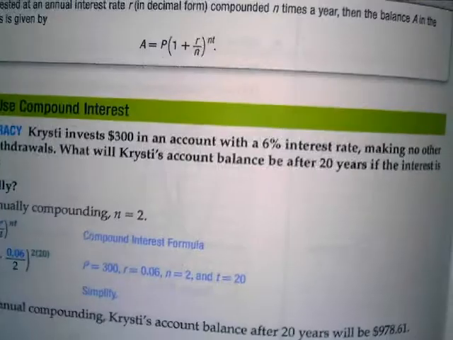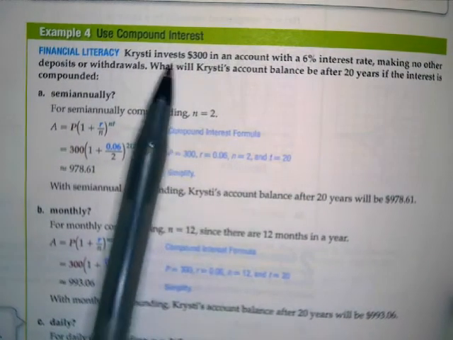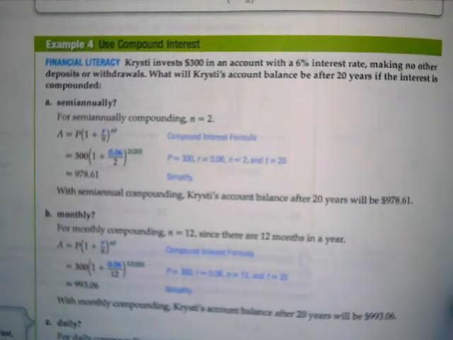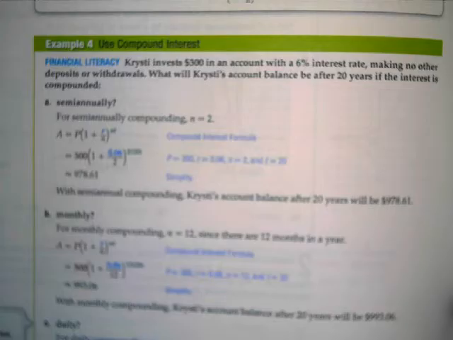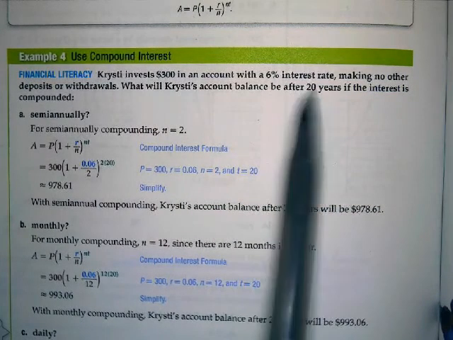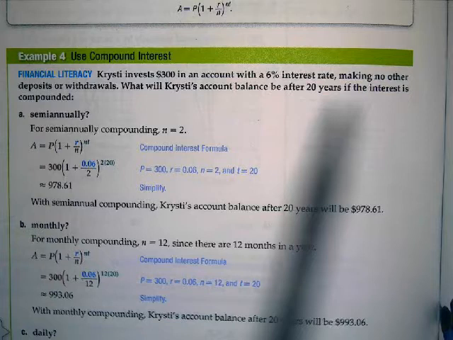Okay, let me go to the problem now, so you can see how they did this example. What they did here is they try to show you one example, but with 4 scenarios. Here's the part that's going to stay the same. I hope you guys can read this. You guys have it in your book. But what's